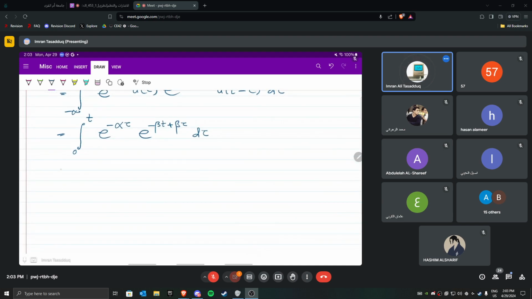Okay, then this is equal to the integral from 0 to t of e to the power minus alpha tau e to the power